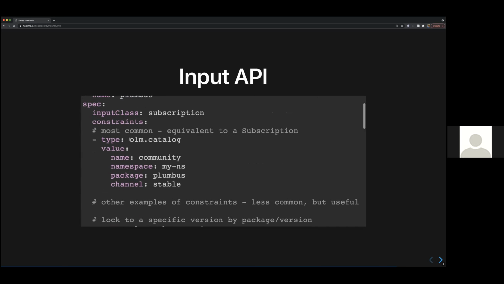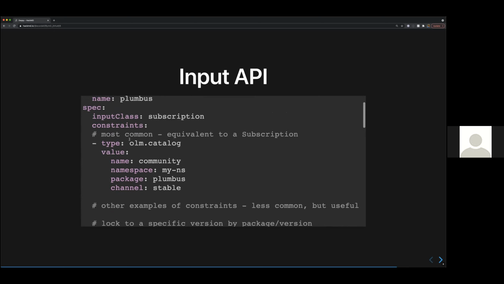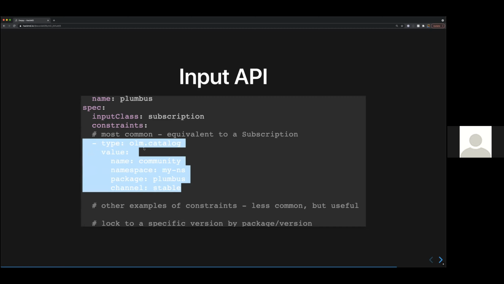So this is more tailored towards the way the resolver thinks about things rather than the way an end user might think about what it means to install a thing. So we're leaving open the possibility of layers above this, but this puts it in the form that the resolver understands. So this would be an example of a constraint that pretty much makes it work like a subscription, right?